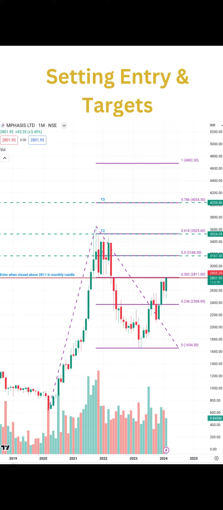You just check the entry point and check how the stock moves, and then we can learn and then start